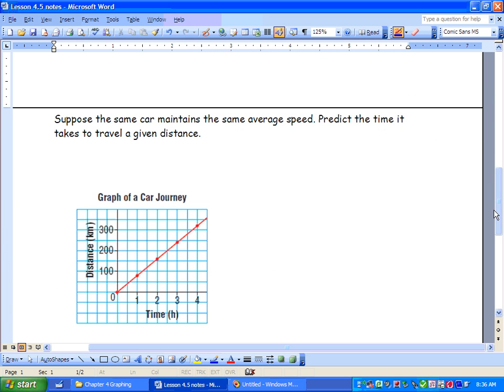Now, suppose the same car maintains the same average speed. We need to predict the time it takes to travel a given distance. So there are two strategies that we can use to find how far or how long the car is going to go. Strategy one